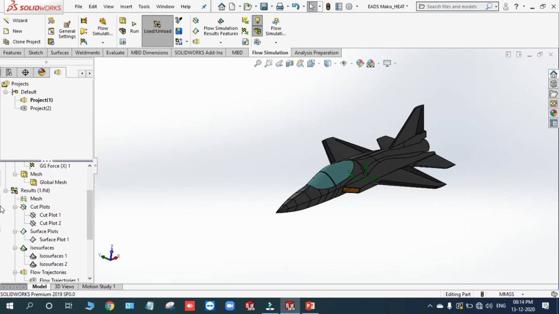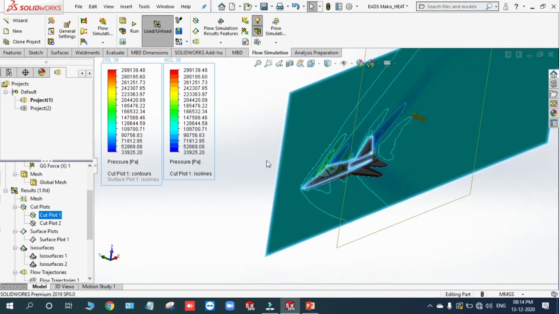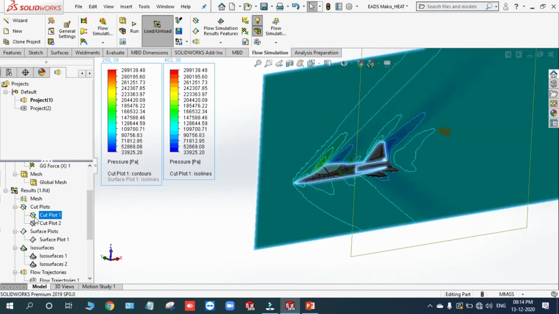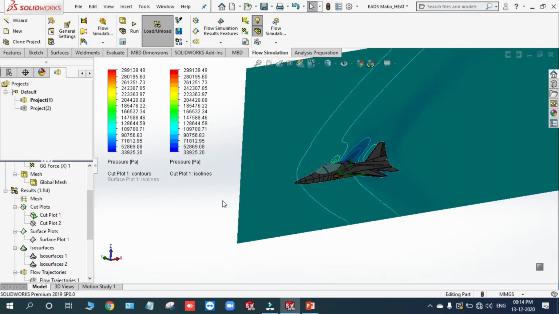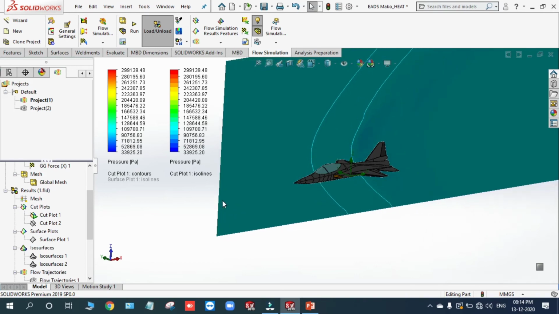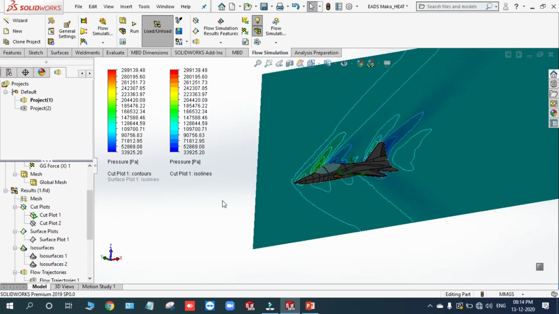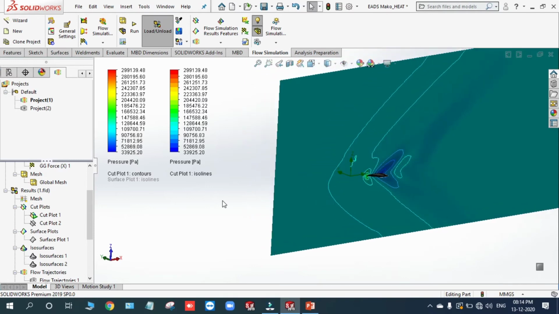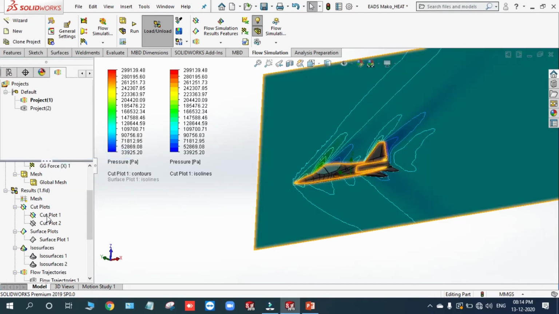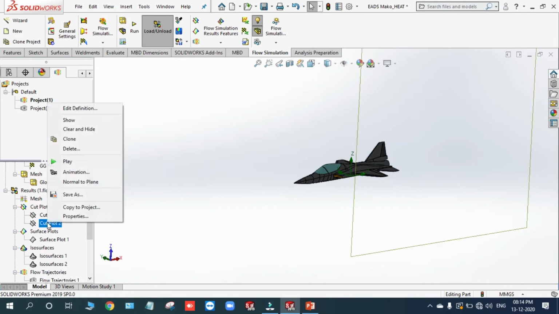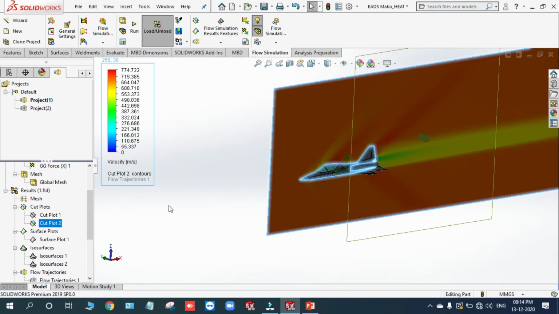Remember that. Then I'll show you the pressure plot, and this is the pressure plot, how it varies on the particular model. If you want to animate this, you can animate it like this. As you can see, with respect to the wing, the fuselage body part and the aileron part, how it is going to change. So this is how it changes. Then let me switch to this one. This is velocity. This part is not taken into account, remember that.